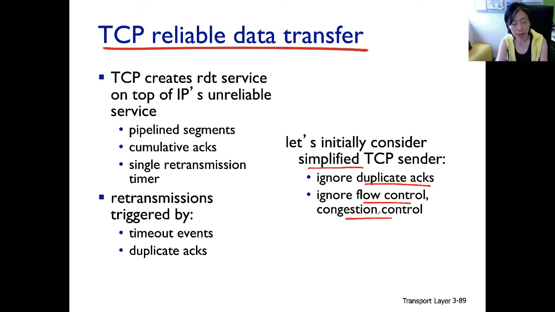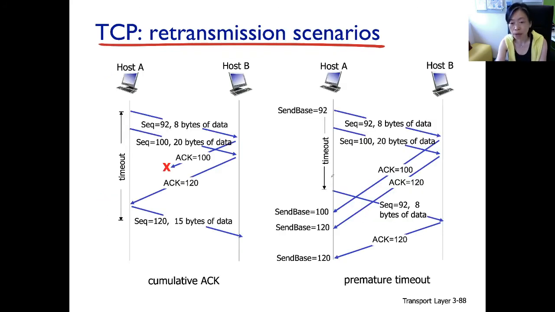So these will be coming ahead. But these are also explained in example 3. You'll see in the textbook, the authors describe it this way. When the timer for send base 92 expires, we only retransmit sequence number 92. But if you recall, in Go-Back-N, what would we be doing? Retransmitting from the smallest sequence number all the way to all packets that have been sent before but not yet acknowledged. So that should include sequence number 100. And that is what I was describing,